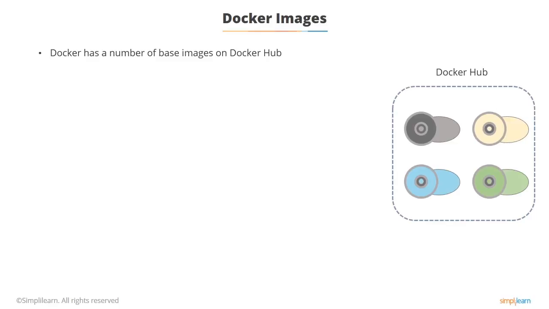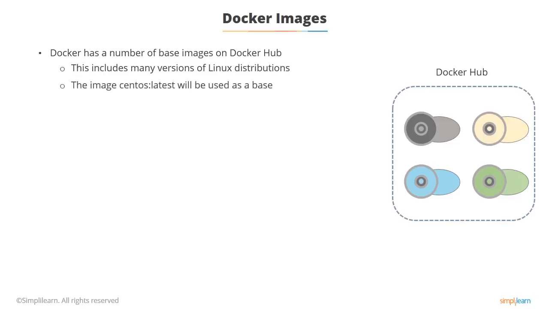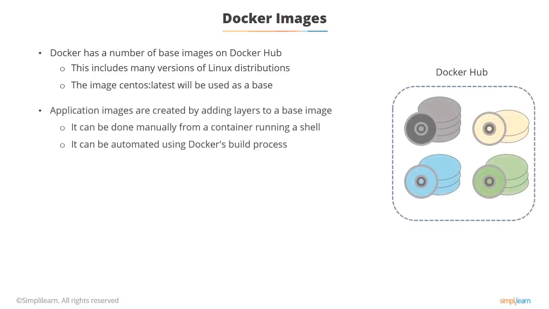So you've got many versions of Linux, and you choose the version as well. So CentOS: latest will give you the latest version of CentOS, which can be used as a base. Any of the Linux distributions can be used as a base image. The one we used was Alpine, which, if you noticed, was very, very small. That is one that's been specially built to be very lightweight, whereas CentOS or Debian or any of the others will have a fairly complete core of the operating system.